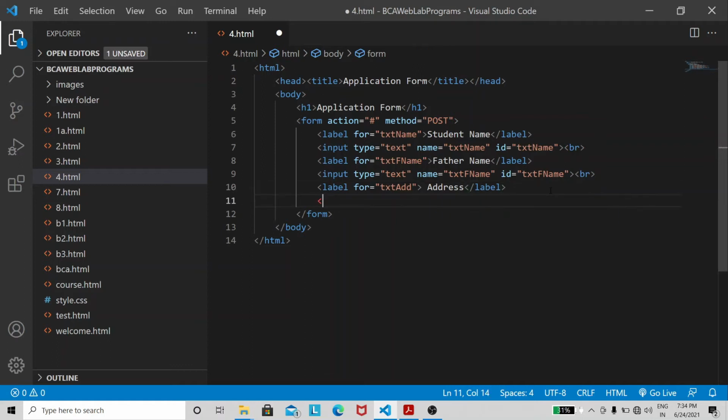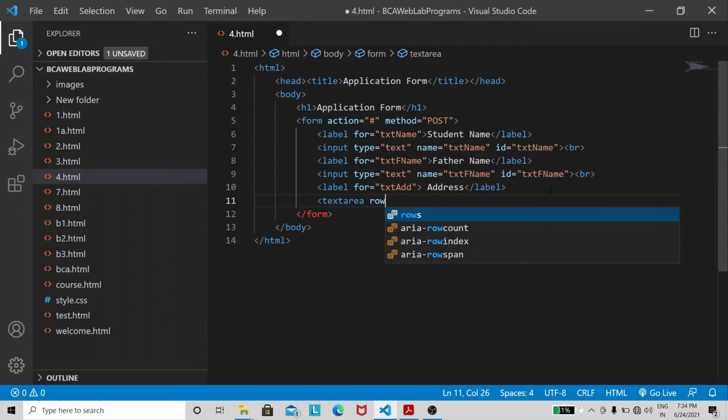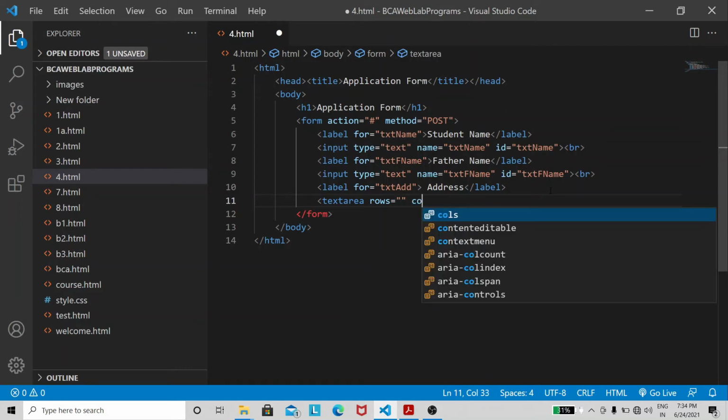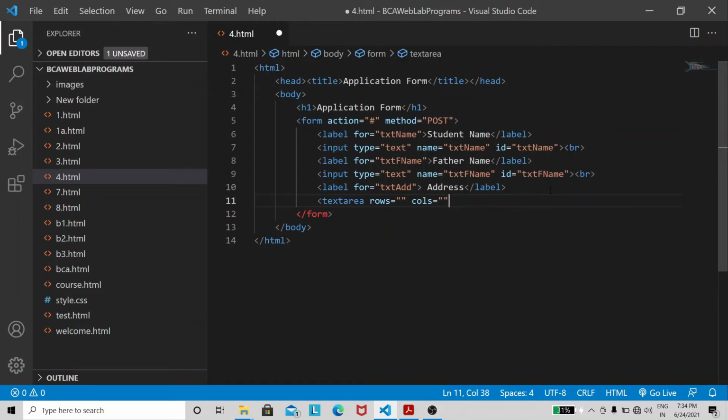So we have to use the textarea tag for collecting address kind of input. Here I need to use the rows and columns attributes. Rows specifies how many lines I want. I want 5 lines of input, and in each line I want to collect a maximum of 25 characters.